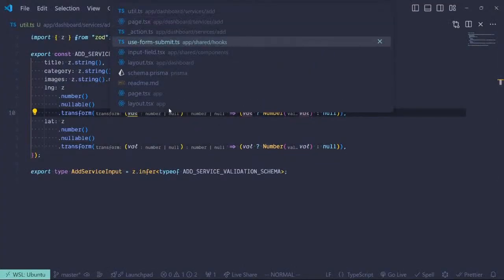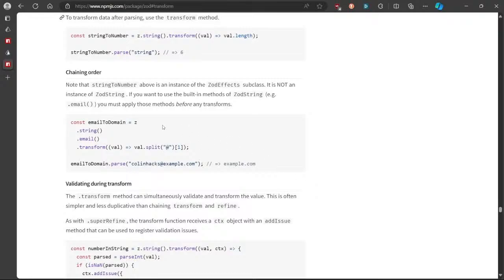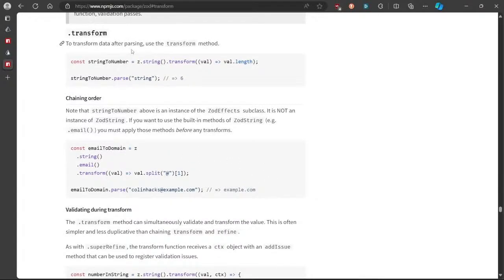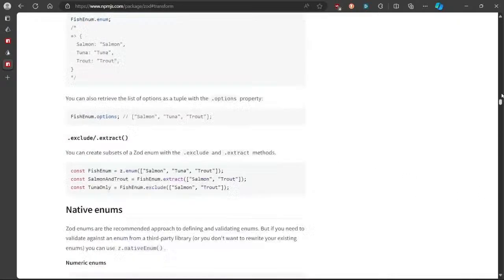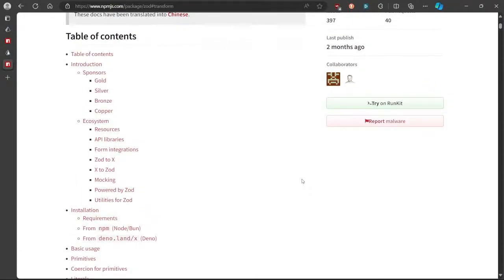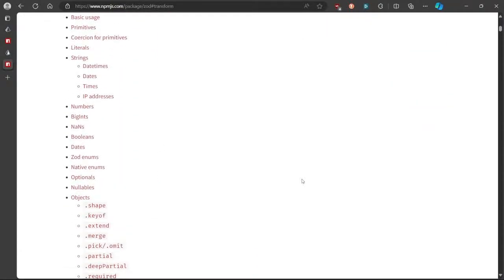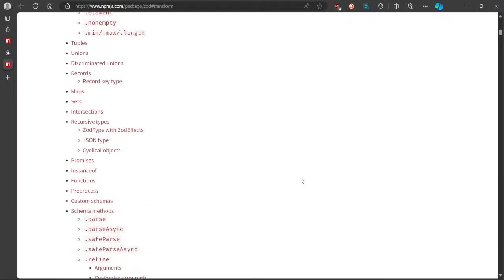Because of this parse thing, to transform it, but after parsing, ah man, a way to actually transform the data before sending it or parse it, or when it passes,